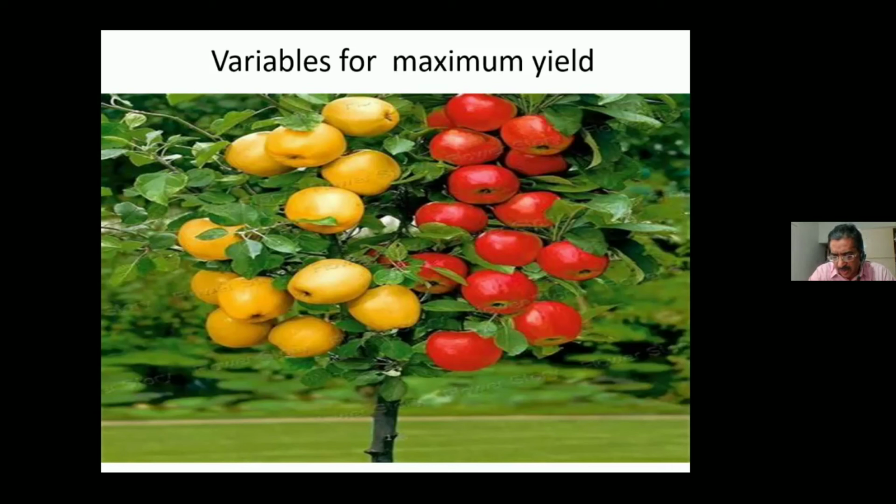So just to recap, I have noted around 23 variables involved in giving you a good yield. Now, if you are satisfied with getting 3 or 4 apples from the plant, it's okay. You don't have to go into all these things.